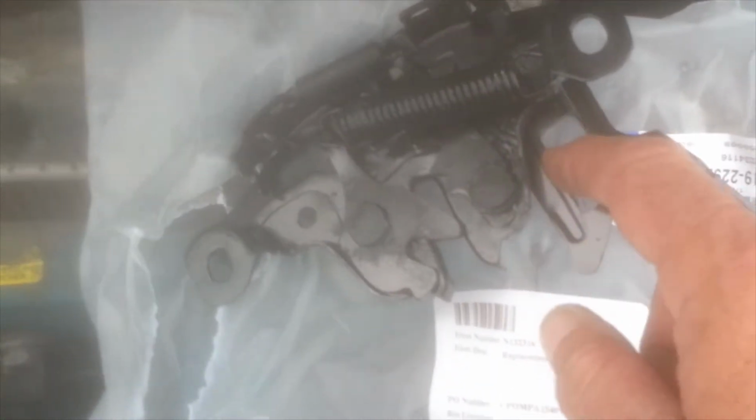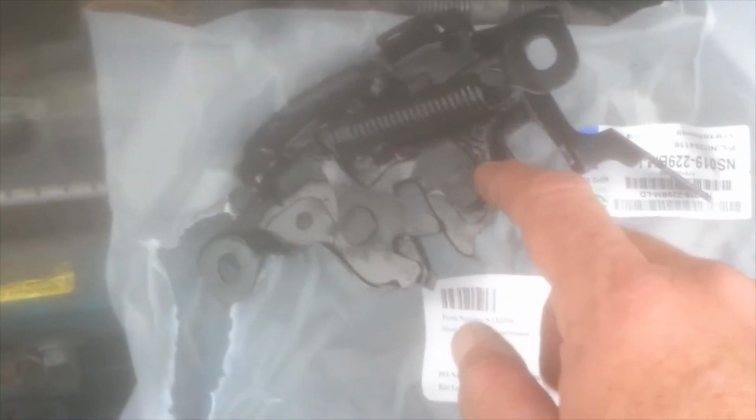Before you start removing the hood latch, just come back if you use something to prop this hood release open and take it off. This is the new hood latch I bought. The vehicle is a 2004 Nissan Sentra. I got this on Amazon for $21,